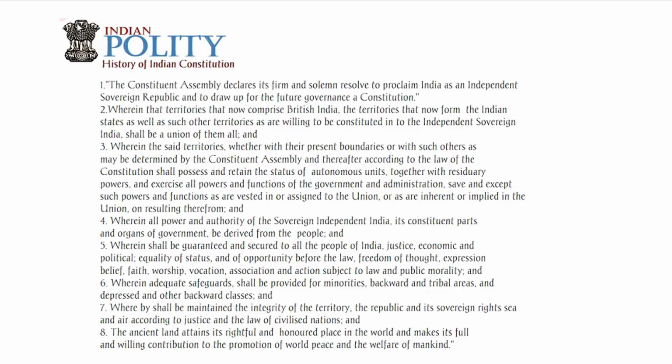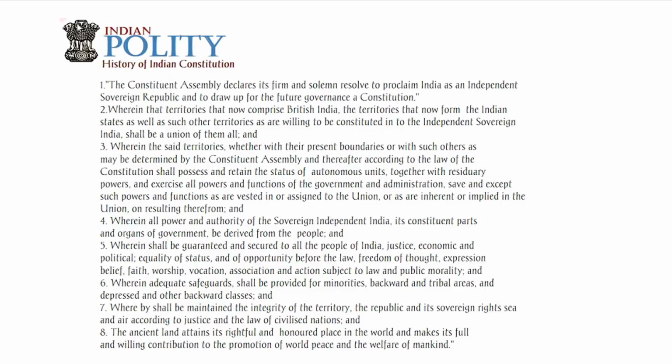It read, "This Constituent Assembly declares its firm and solemn resolve to proclaim India as an independent sovereign republic and to draw up for her future governance a constitution, wherein the territories that now comprise British India, the territories that now form the Indian states, and such other parts of India as are outside British India and the states, as well as other territories as are willing to be constituted into the independent sovereign India, shall be a union of them all, and wherein the said territories,